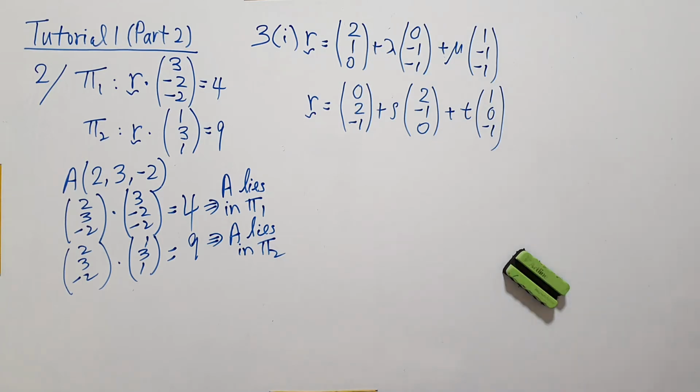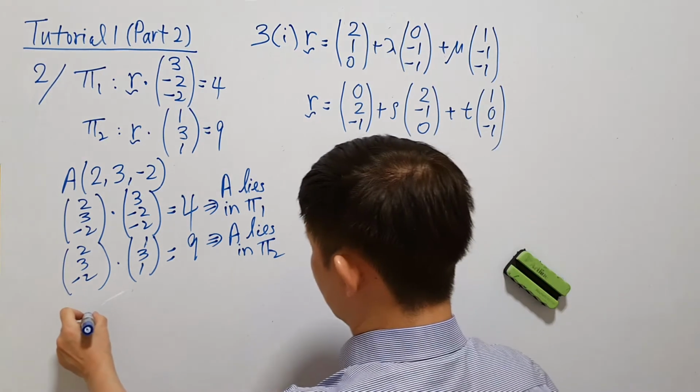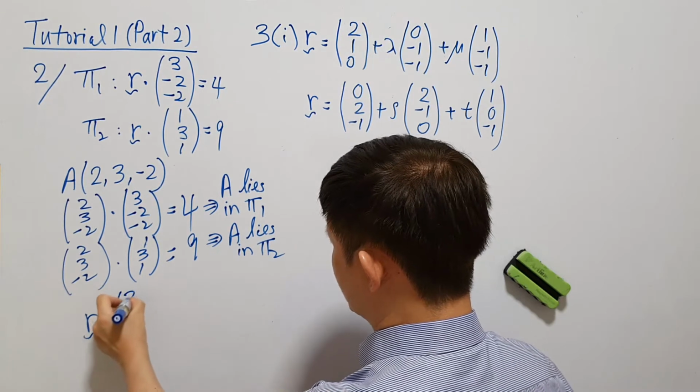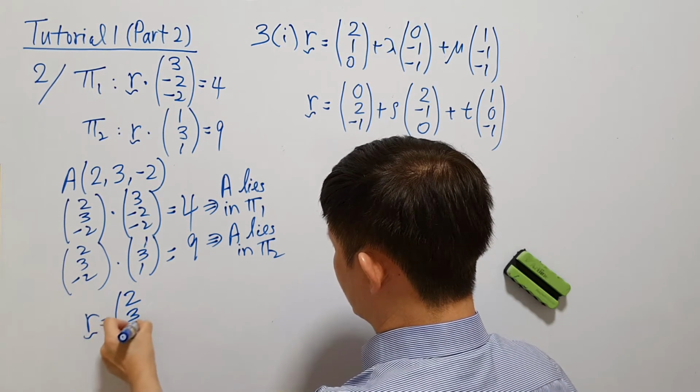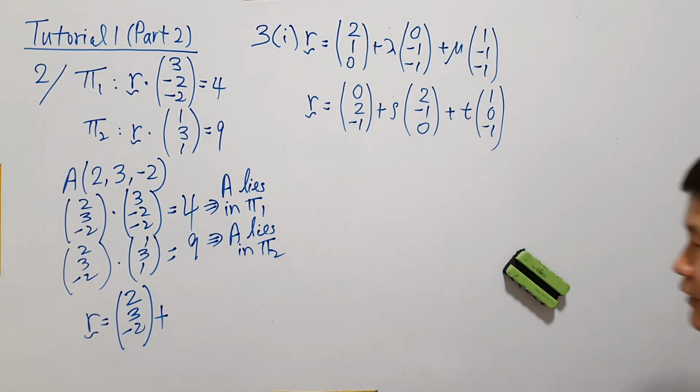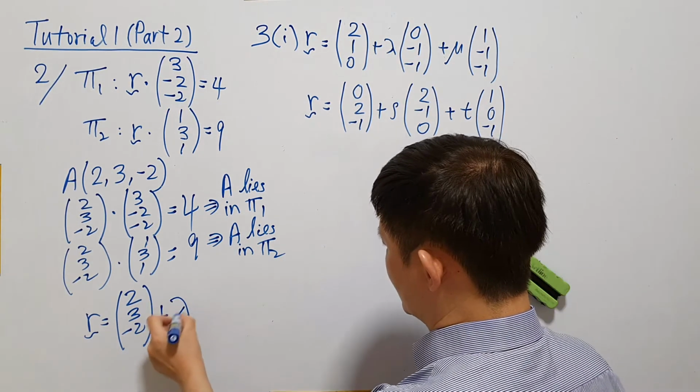So if A lies in both planes, A will also lie in the intersecting line of the two planes. So to find the intersecting line of the two planes, I can now say that the first vector is obviously (2, 3, -2). And then to find the directional vector of the intersecting line, what I can do is,